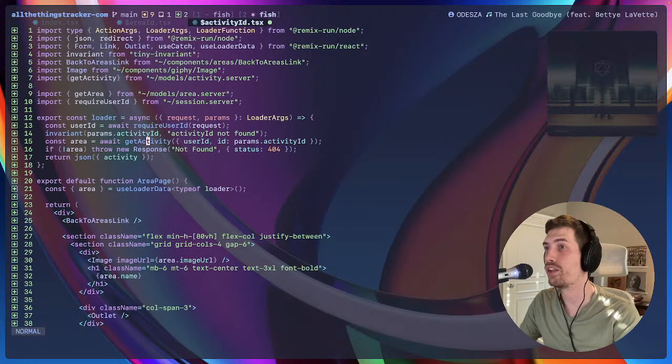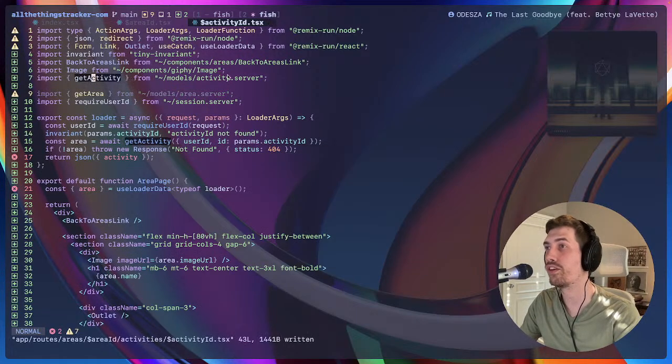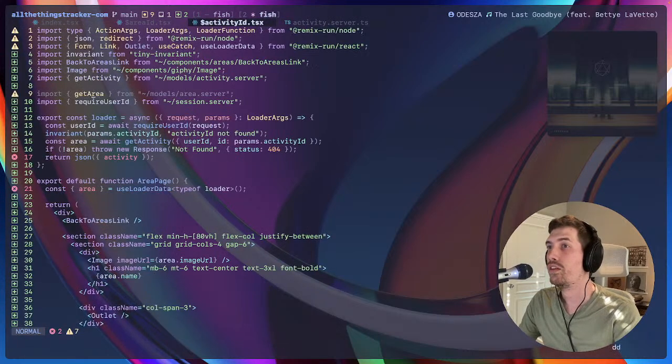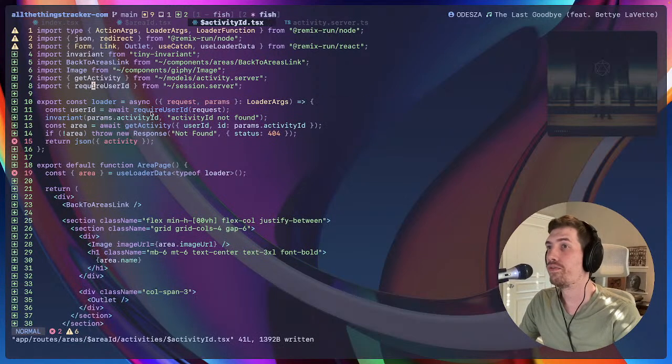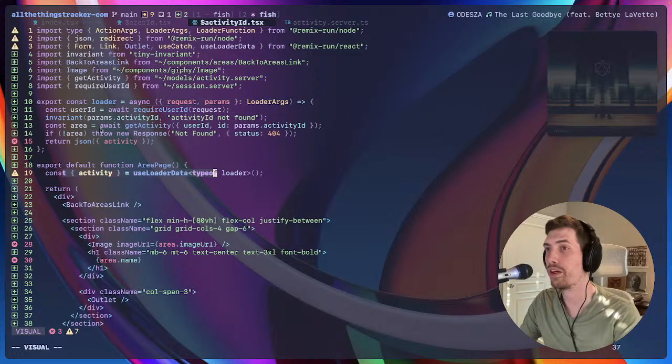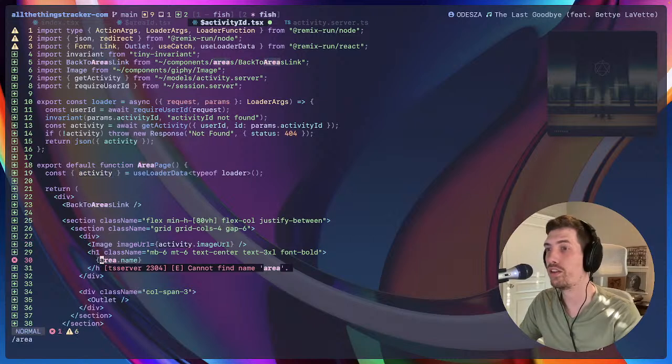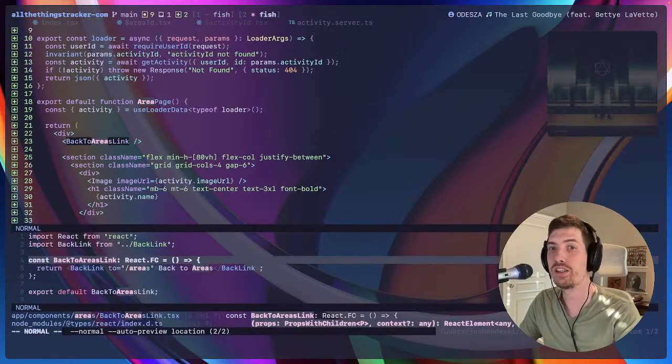And so get activity comes from the activity server, and so this server file is like all of our CRUD operations. We're not going to get area anymore. So this loader, and check this out. You can just say type of loader, so whatever is returned here will show up there. And so we know that this is activity. We can return a not found, and then activity. And so instead of back to areas link,